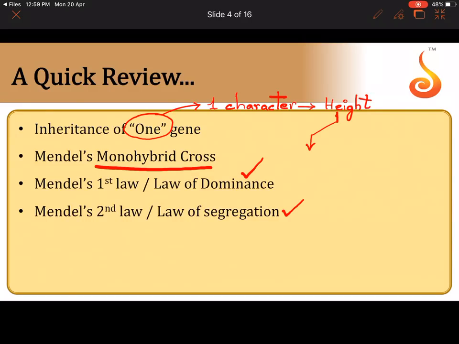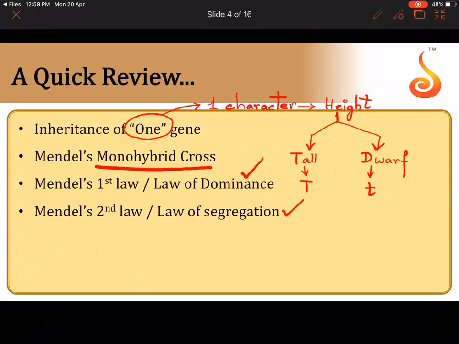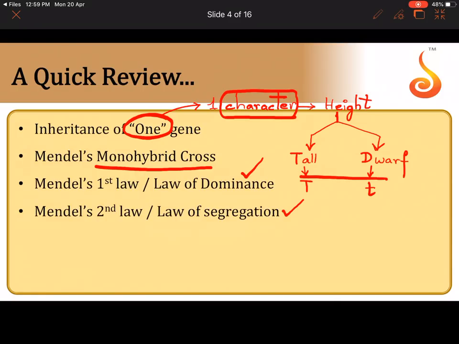And do you remember what are the two traits under height? The two contrasting pairs of traits. So one was tall and one was dwarf. If you remember, the gene coding for the tall trait is capital T, and the gene coding for the dwarf trait was small t. So such a cross deals with one gene referring to one particular character, which is height in this example, and that gene exists in two allelic forms, the slightly different forms of the gene, that is capital T and small t. By now you are aware that we should call such slightly different forms of a gene alleles.